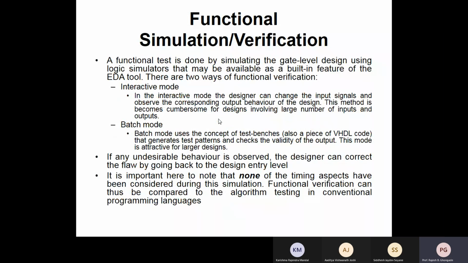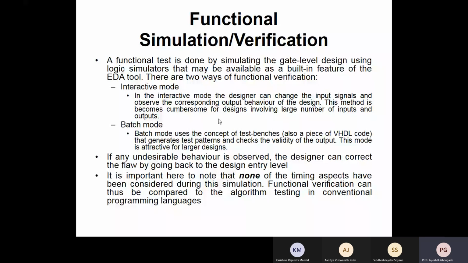Functional test is done by simulating the gate level design using logic simulators that may be available as a built-in feature. Okay, there are again two ways of going for functional simulation. One is the interactive mode and the other is the batch mode. As can be easily understood, in interactive mode the designer can change the input signals and observe the corresponding output behavior.